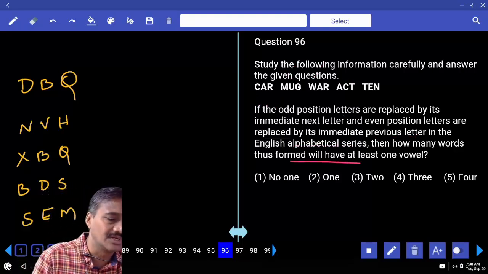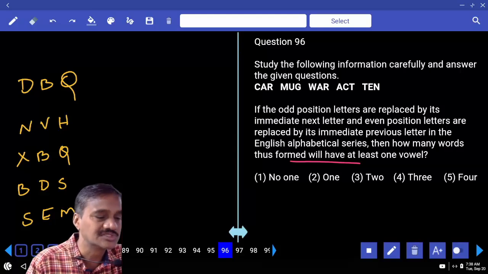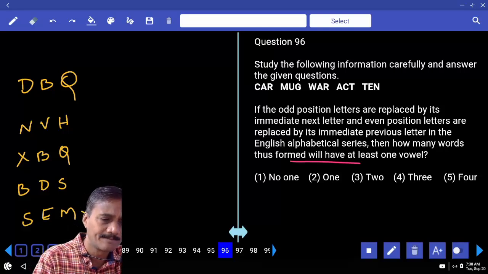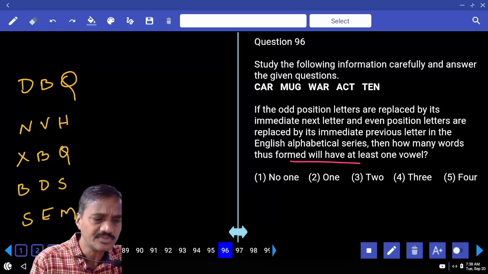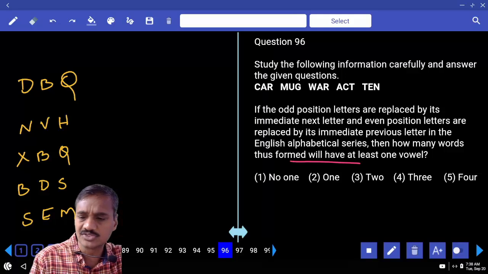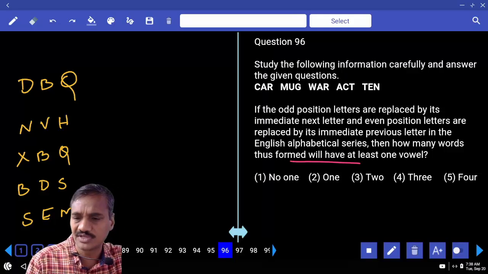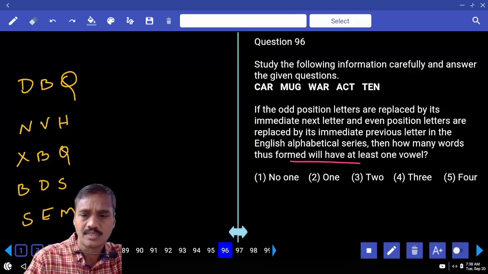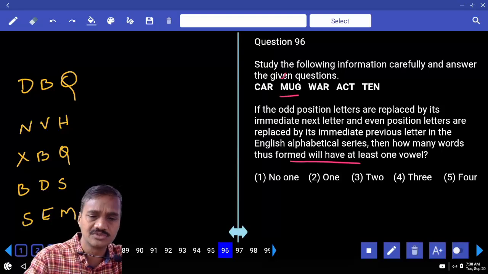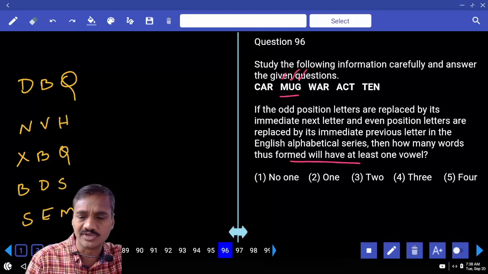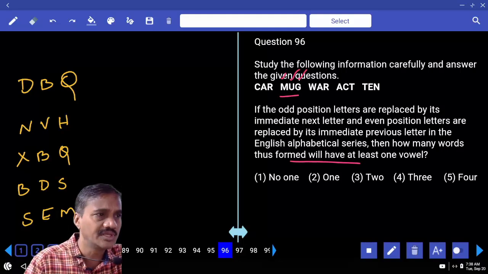And how many words will have at least one vowel? Where is at least one vowel? Now there is only one word, SCM. Isn't it? What about DBQ, NVH? At least one vowel. Where is the vowel in NVH? And M, M becomes N. U becomes V. G becomes H. At least one vowel. How many? We have only